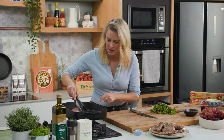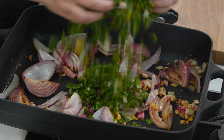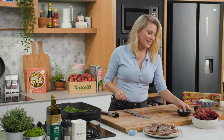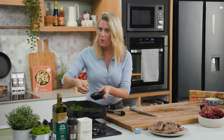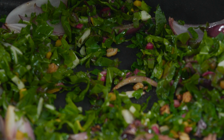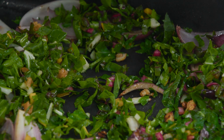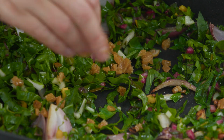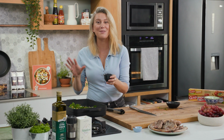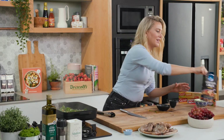Right, we've got some good colour on our onions, so we can add the leaves, and I love the addition of some preserved lemon. You don't want to add too much of it because it can kind of ruin your dish and make it slightly soapy. So just 2 wedges that you've taken the flesh out and you've finely chopped the skin. And this is where the acidity comes in, some red wine vinegar, a splash of that, some stock,